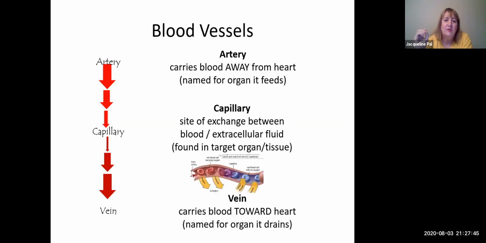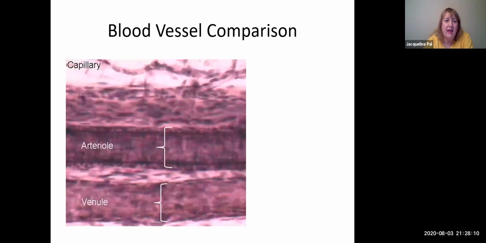And so arteries start out big, coming away from the heart, and then they're going to branch, just like a tree trunk branches, and it gets smaller and smaller and smaller until it gets to the capillaries. And at the end of the capillaries, we're going to have really tiny veins, and then those are going to join together and get bigger and bigger and bigger until they come back to the heart. Okay, so let's look at